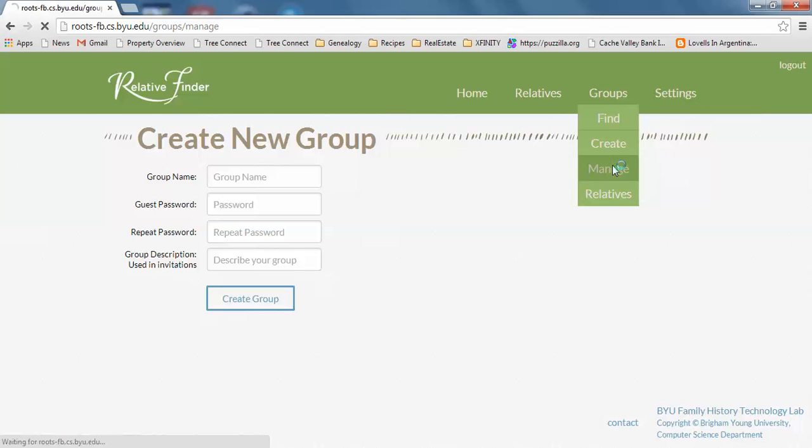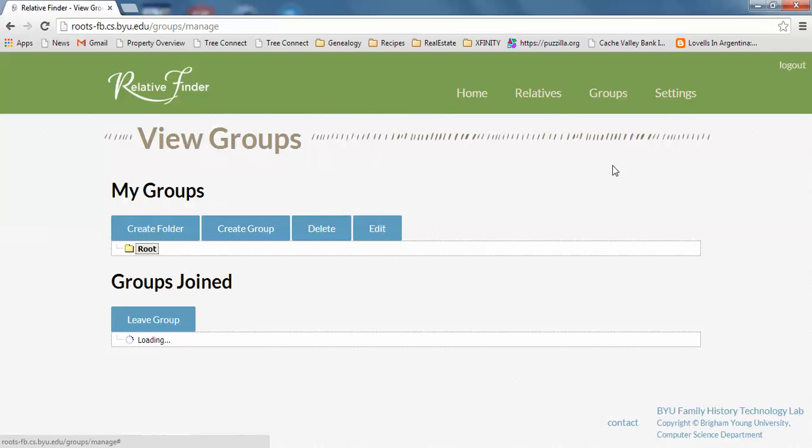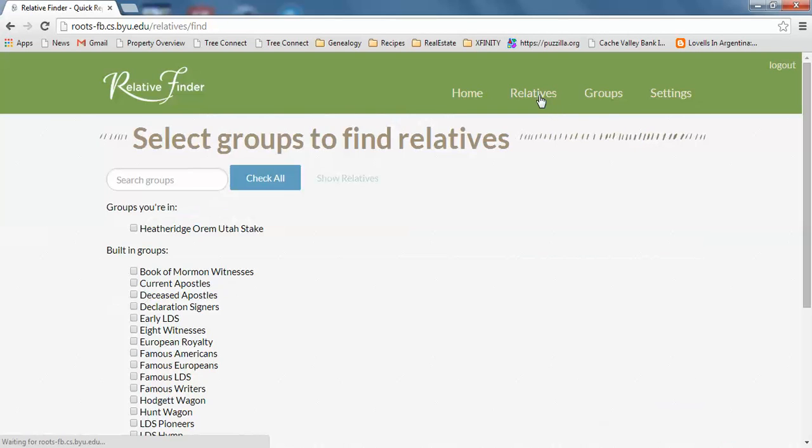This manage button is just how to manage your different groups. If I want to go ahead and like leave this group, the Heather Ridge Orem Utah State, I can click and just leave it. Let me go back. I was just going to show you on the group one. So if I click this Heather Ridge Stake and just do show relatives,